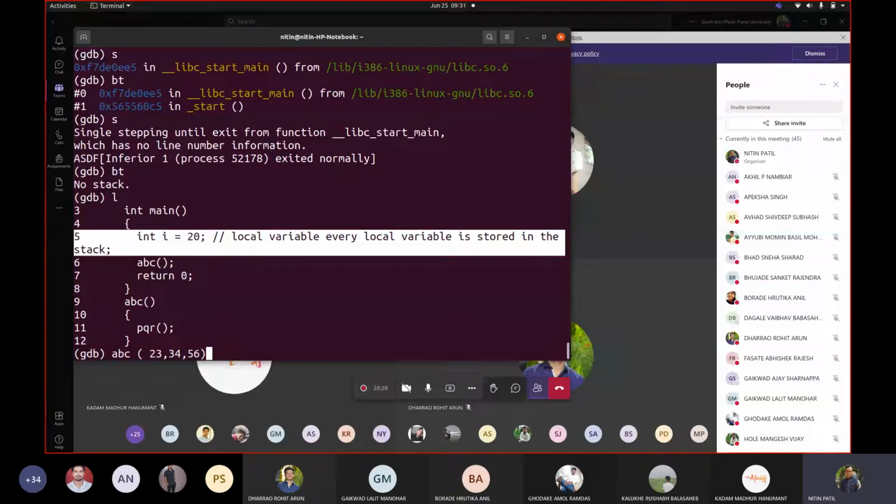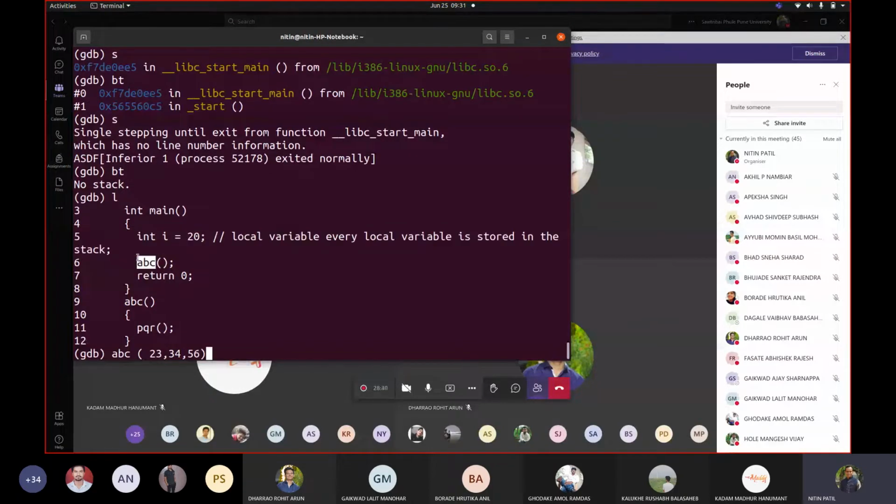ABC would be executed with these 3 values, so these 3 values also must be available on the stack before calling ABC. I should push these values before calling ABC because they come from main's scope.